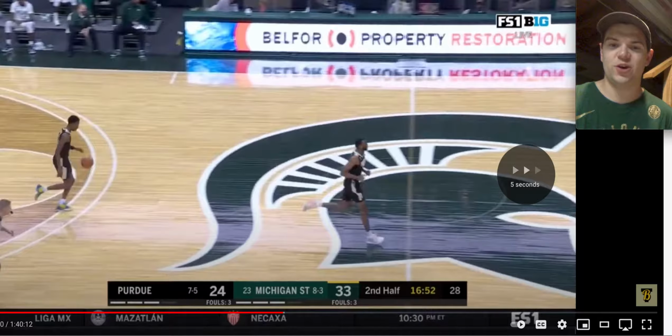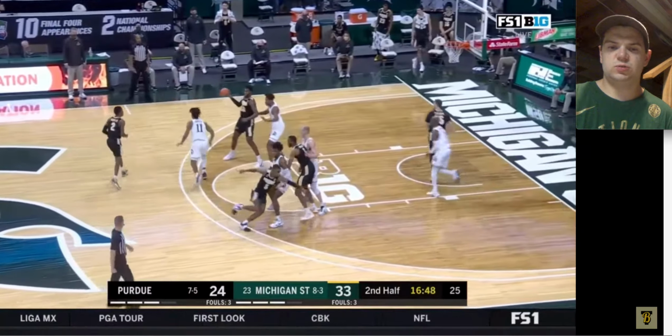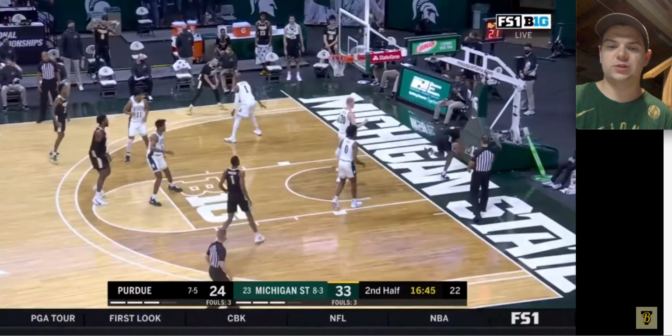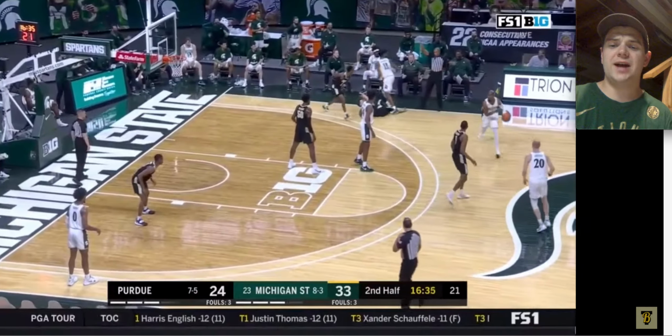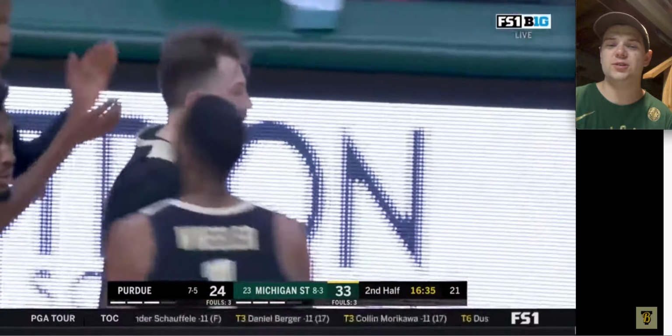You can see Izzo arguing with the refs right there. But we're back. And you can see, just watch Henry again. Right there, he actually got hung up on that screen. That looked like a moving screen a little bit, but turnover for Purdue. But no, yeah, I mean, Aaron Henry, I think he could be late first. I probably think the earliest I see him going is most likely 30 to Utah,